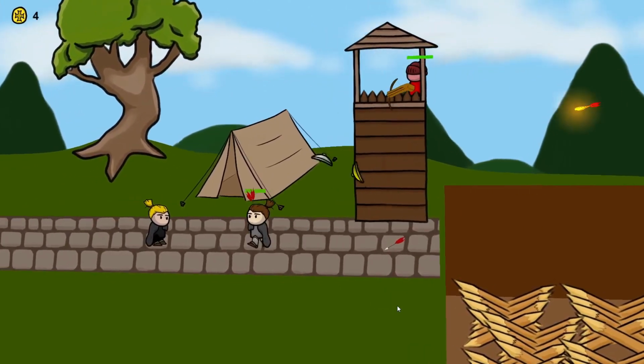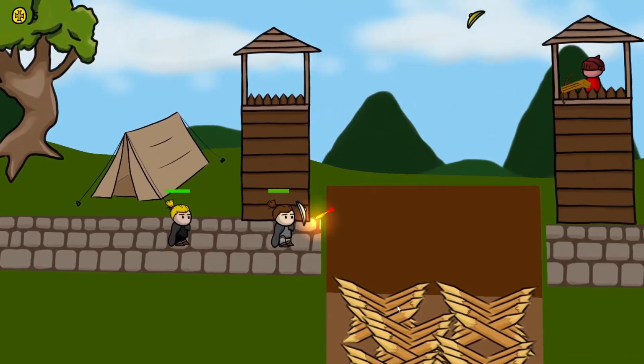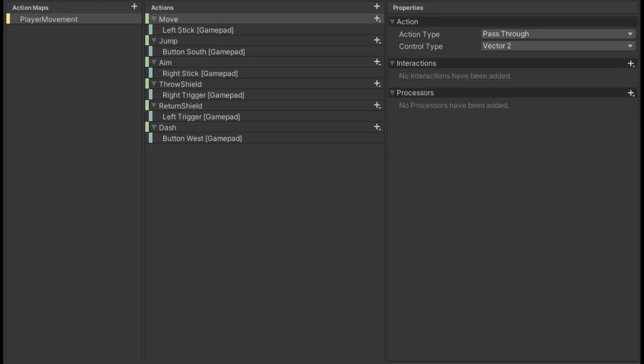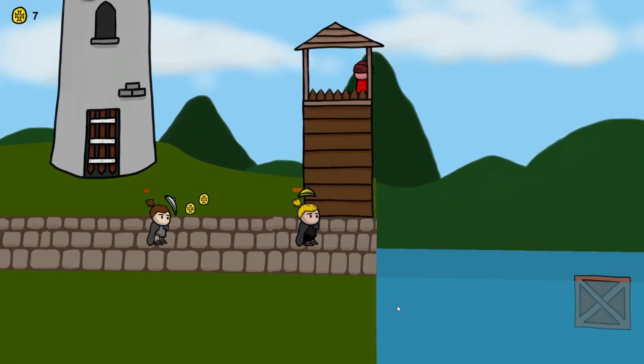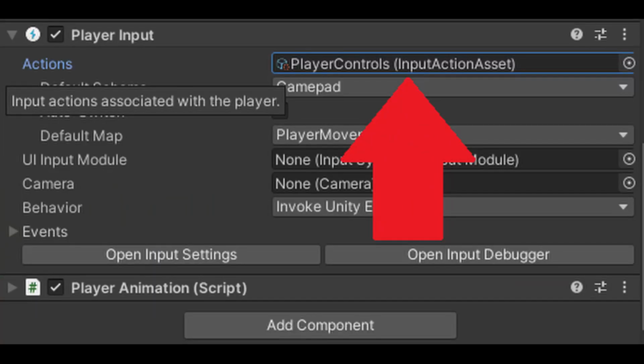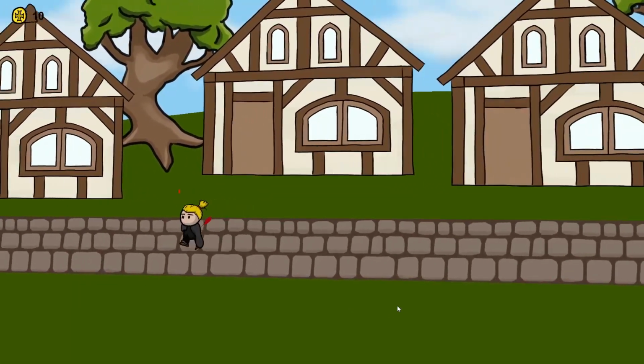Since the last devlog, I've been getting a shared screen co-op working for Shield Maidens, but not without some issues. I'm using the new Unity input controls, and the first problem I had was that every time a player got instantiated, they were losing their player controls property. I'll show you later in this video how I found a way around this and the main menu I've built